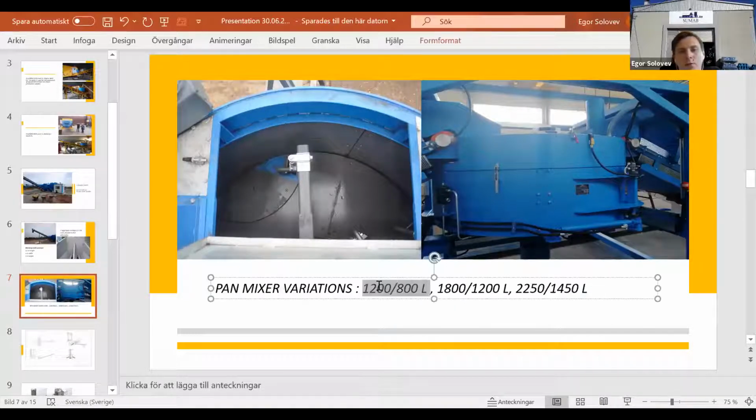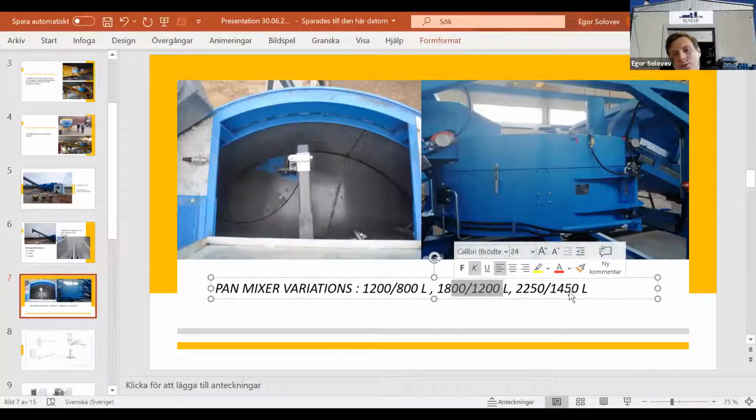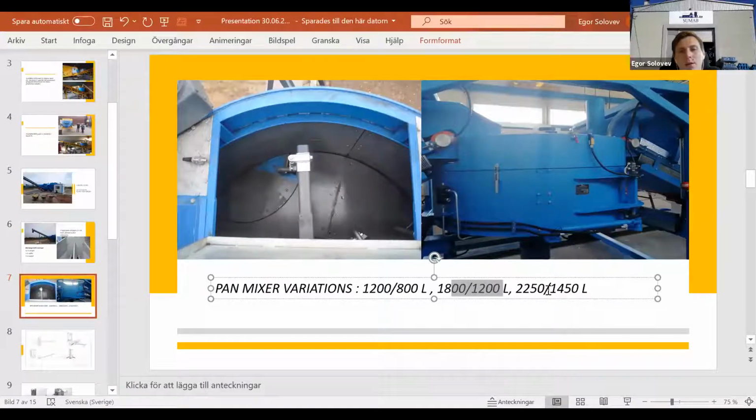This kind of mixer will give you around 15 cubic meter per hour, approximately 15 to 20. This will give you around 20 to 30, and this will give you around 40 to 50 cubic meter per hour, the last one. It can also be equipped with a planetary mixer of 1500 in and 1000 liter out. With this, you will be able to get around 30 to 40 cubic meter per hour, because a planetary mixer is a little bit more homogeneous in mixing, so it will give you better mixing quality and a faster